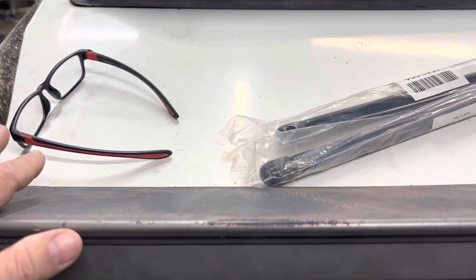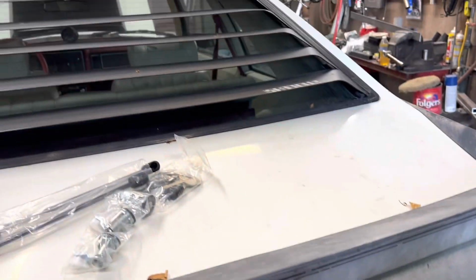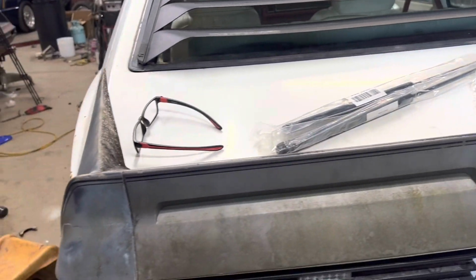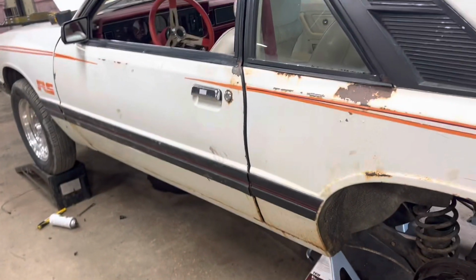And then I can bolt on my spoiler. I drilled it and set it on there, but it isn't bolted on. I can raise it up, put my struts on, put my new lock in. Then I can get to my shock nuts. Then we can take them out there. It's like I said, this is like a big chain of events,